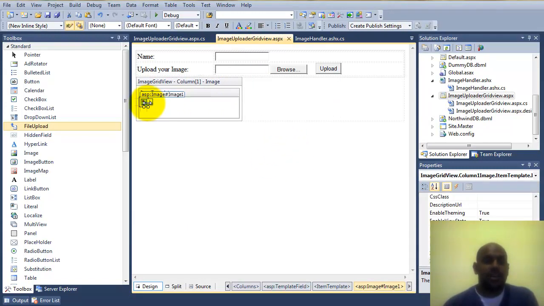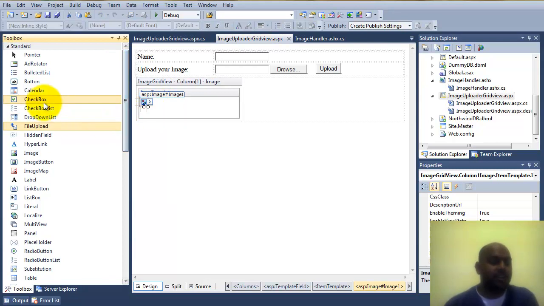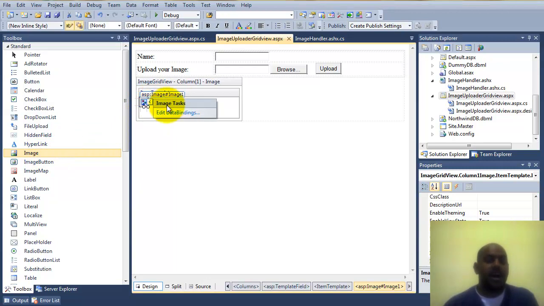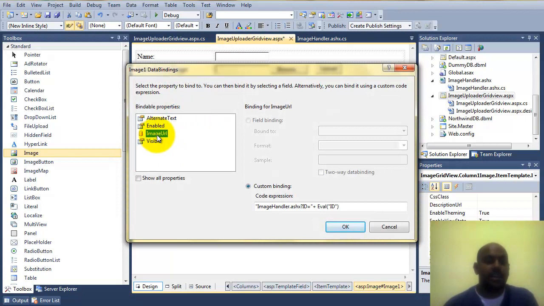is actually an image. There was a label, but I deleted that label, and then I dragged an image control here and dropped it. Then I went to the smart tag of this image control and chose edit data binding. In that I added this particular expression, which is ImageHandler.ashx?id=